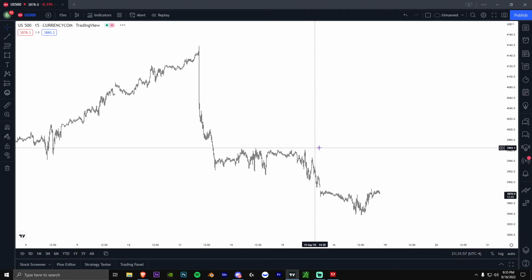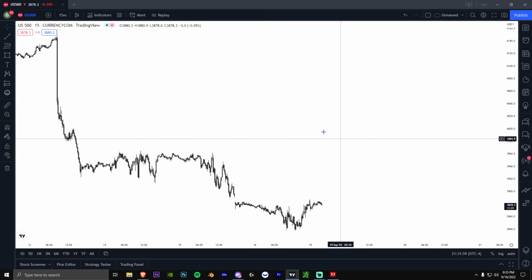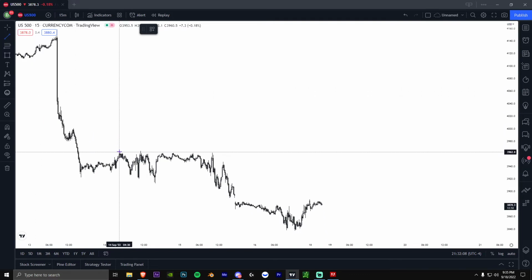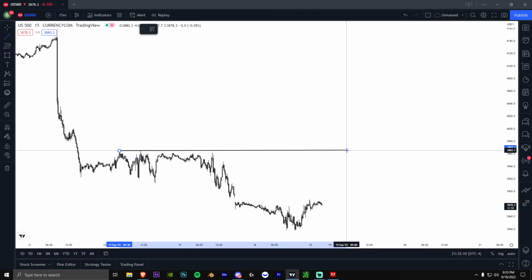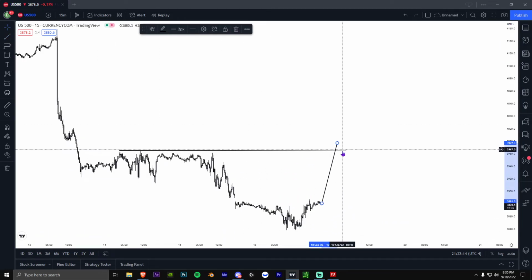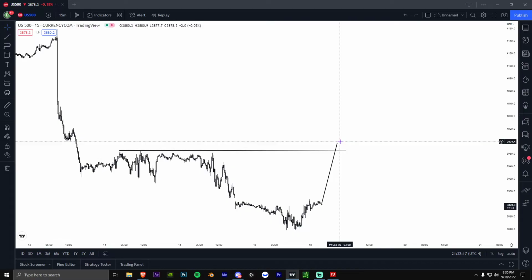Equal highs and equal lows I like to look for. They're kind of like magnets, so I like them for liquidity. If we look at my model, every single setup I like liquidity being grabbed. This is all hypothetical, but say we have equal highs like this. If we went above these equal highs, yes, we could go above them, retrace, and then go way up here. But which would probably be more likely the case, since this is a liquidity void right here. This isn't really a fair value gap, it's a liquidity void,